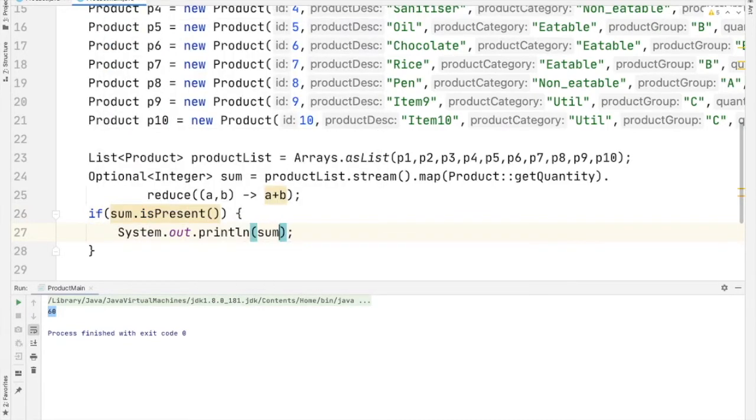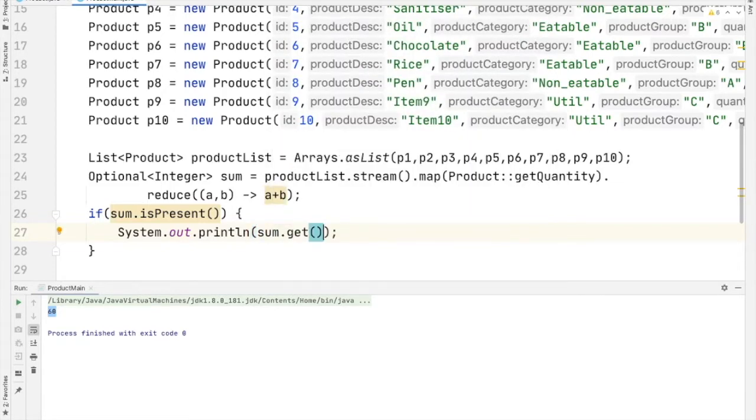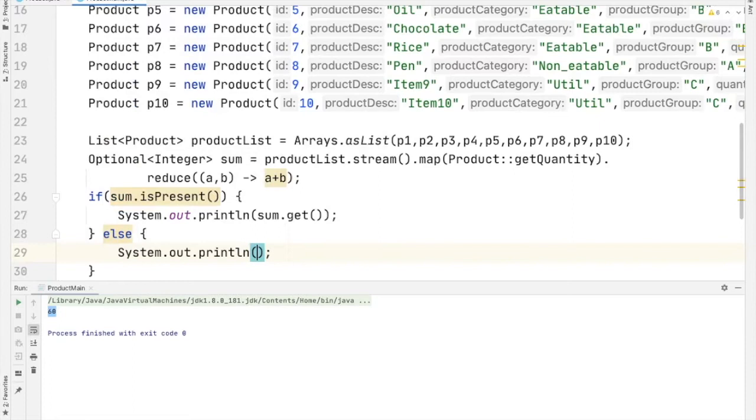System.out.println sum dot get is used to fetch the values. If result is there, we'll get the result. Otherwise, just print as invalid. Now we'll run the code again. And we know the result is 60.